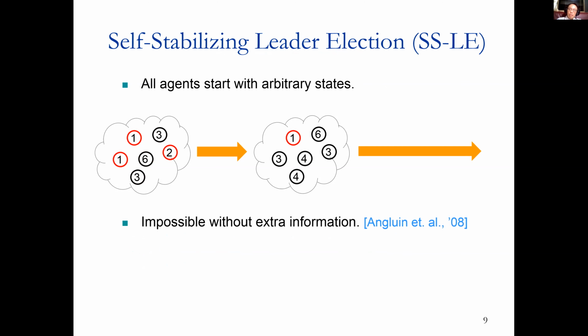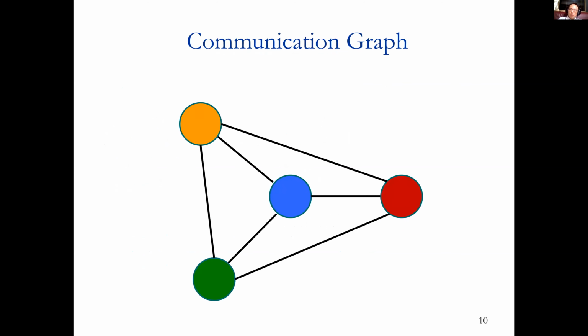However, if we allow every pair of agents to talk to each other, we already know that this is not possible without extra information. So instead, we focus on population protocols with special communication graphs. Here we have an underlying communication graph structure where every node is an agent and every agent can only talk to its neighbors, but they are still anonymous and they have no idea about the graph structure. So it's pretty much the same, except that only neighboring pairs of agents can react.